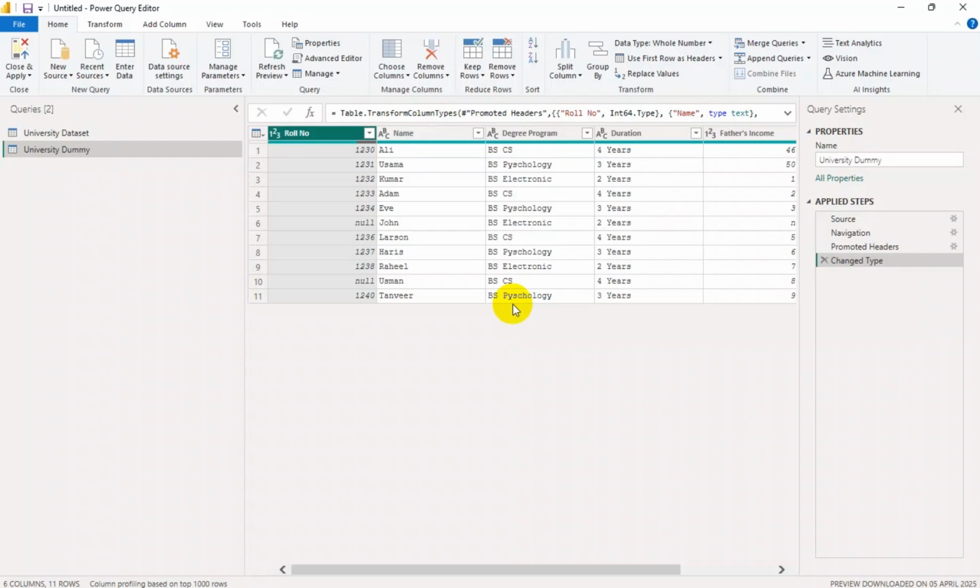Hi, welcome back again. In this session, we try to explore the Power Query Editor Home tab option as much